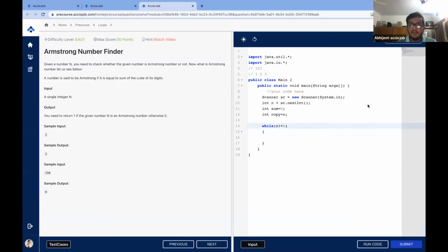No, this cannot be solved by if else if, because there are endless Armstrong numbers. There is not an end to it because there are infinite Armstrong numbers. So you need to solve them by some other method only. So int digit